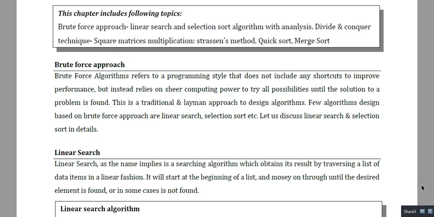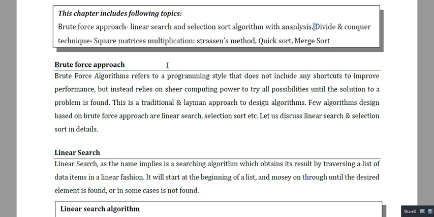But for today's lecture, I shall be just covering the linear search and selection sort algorithms, which rely upon the brute force concept. And next, I'll go through in detail about Strassen's matrix multiplication, which is based upon the divide and conquer technique.